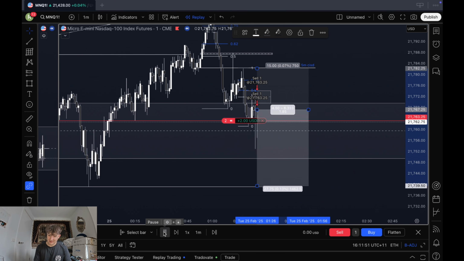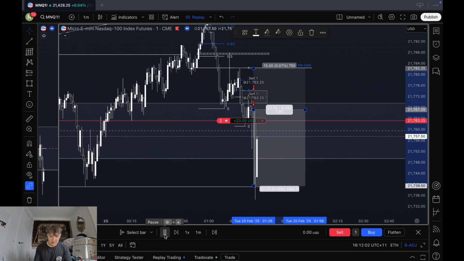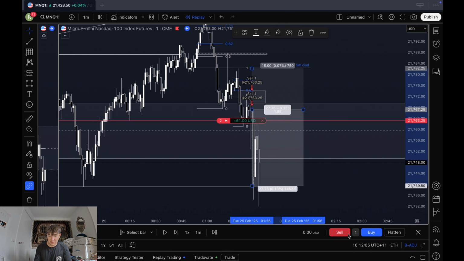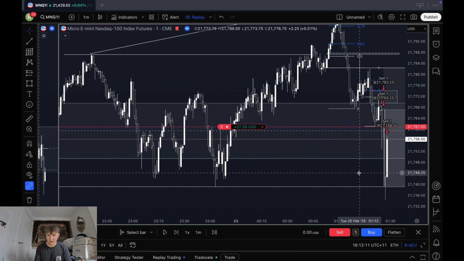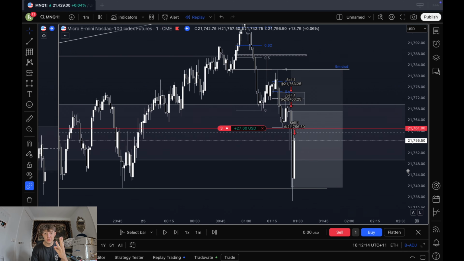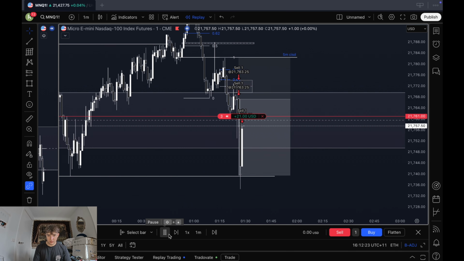And then we can see price, boom, instantly taps my take profit. But instead of pressing buy to take my profit, I accidentally hit a sell order again, but back here. So I accidentally hit a sell order again, so I'm in another contract now. I'm in 3 contracts. So I tried to take a profit of 1 contract, but instead I accidentally added a contract. But as we can see, luckily price came down